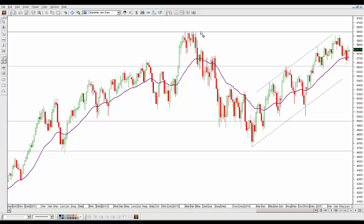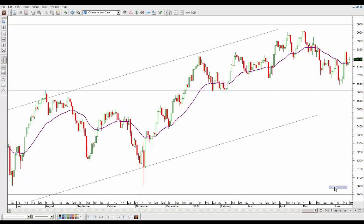Last time it tested it was back here at the start of 2015 before it dropped right back. But we are managing to hold an upward trend, and it's had a pullback and it's holding this 5,600 support level very nicely. If we go to the daily chart, you will see that fallback and the bounce that we're having right now. So time will tell if we've got enough power to push higher beyond this 6,000 level and